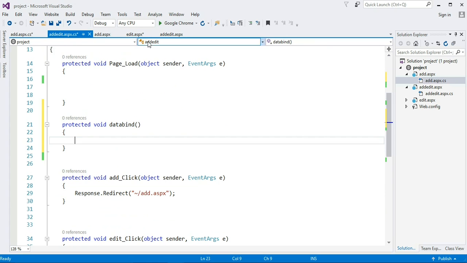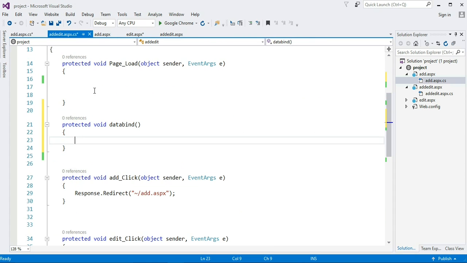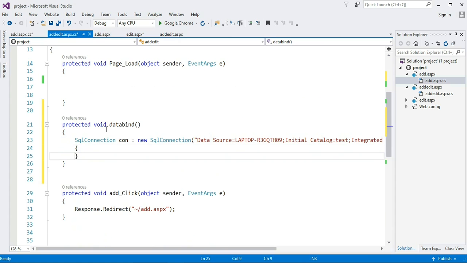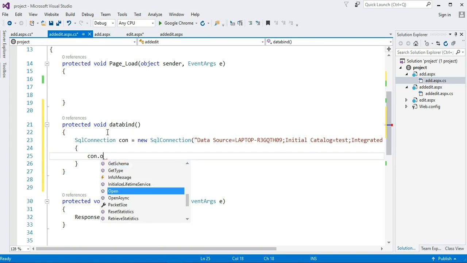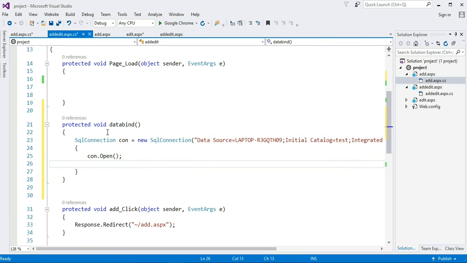Okay, under this class I am copying the code of the SQL connection to my add edit page. I open the connection.